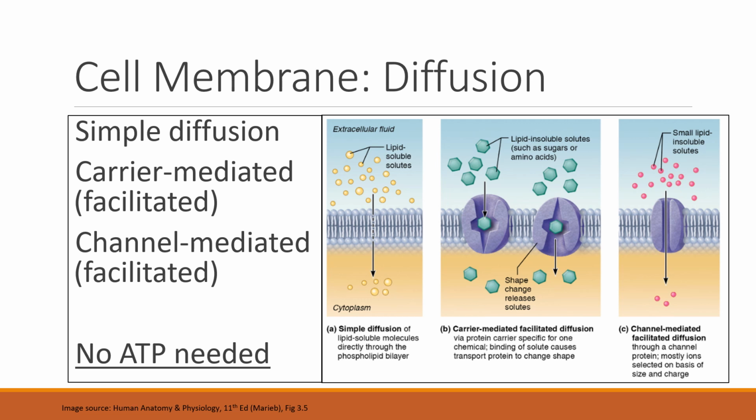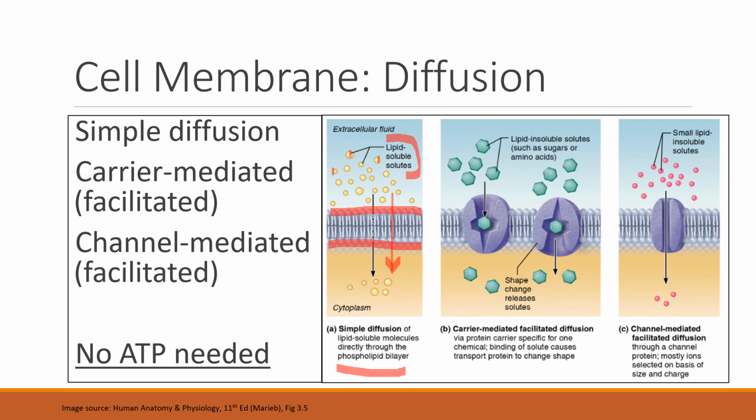So when we're talking about diffusion across the cell membrane, this here would be the cell membrane, right? This is that phospholipid bilayer. We have the hydrophilic heads and the hydrophobic tails. You can have something called simple diffusion. Basically, simple diffusion means that in this case, these little lipid-soluble solutes, these little yellow dots scattered about, will diffuse across the cell membrane